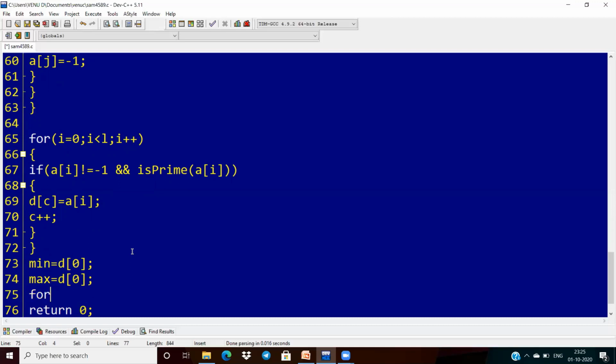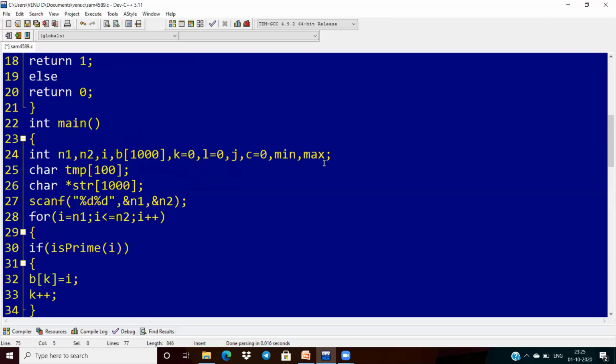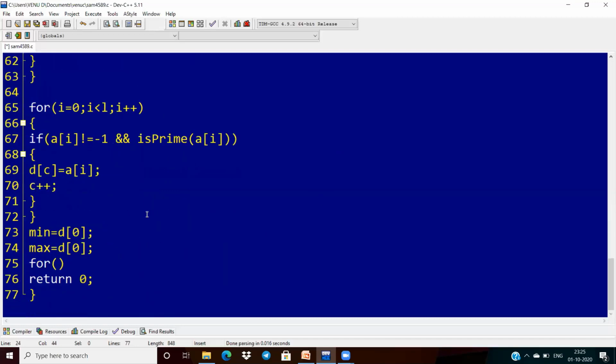And after then, I'm taking one more index called R. For R equal to 0, I want to get first of all min and max. So that is my R equal to 1 I am taking, and R less than C and R plus plus.